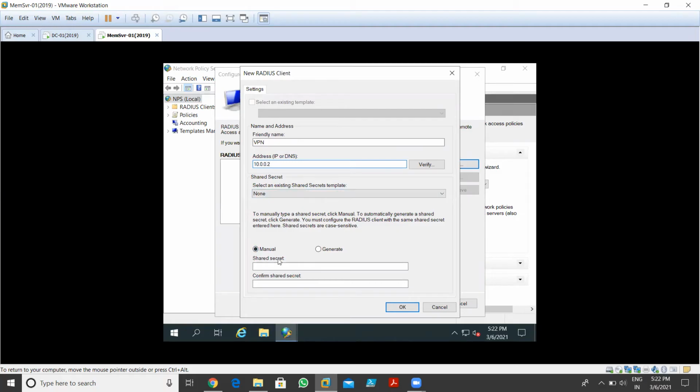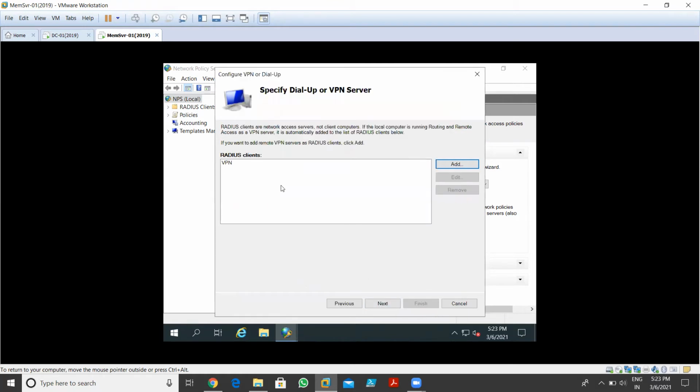And I define the shared secret over there. This is the authentication: once any client is going to access the network resources through the Radius server, we need to share this secret at that time. So I go for ABC@123. I give the password ABC@123 and click on OK. This is how I can add my VPN server.